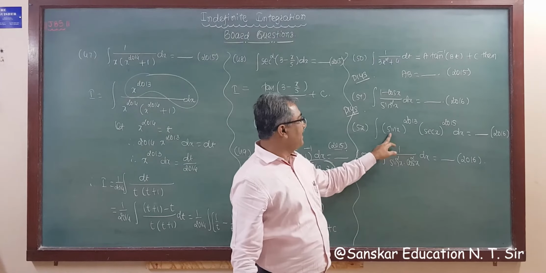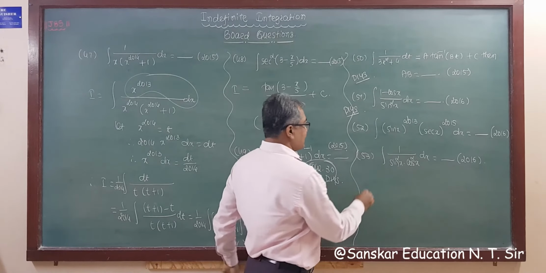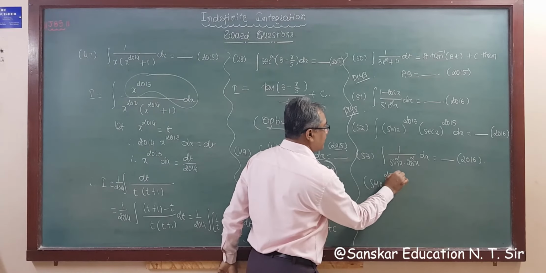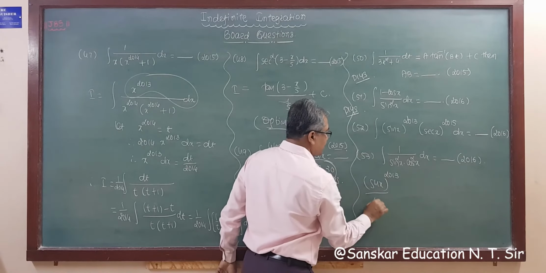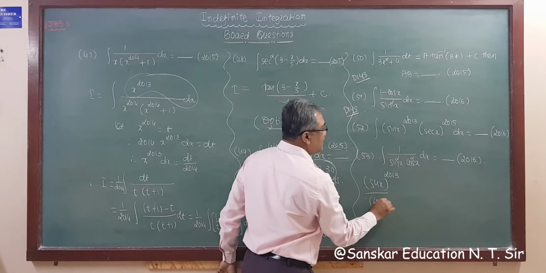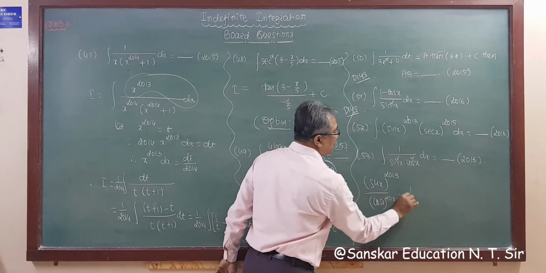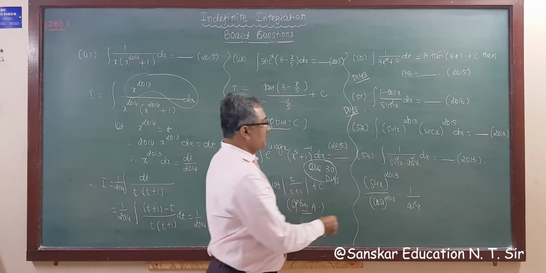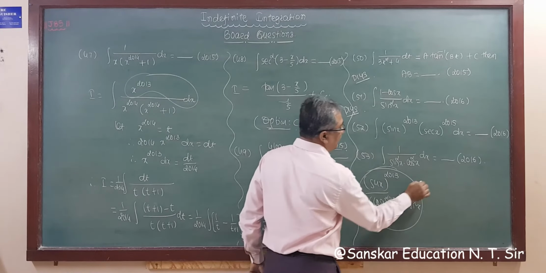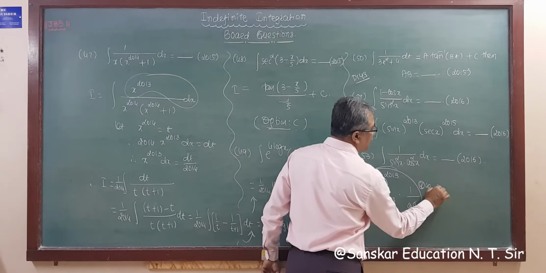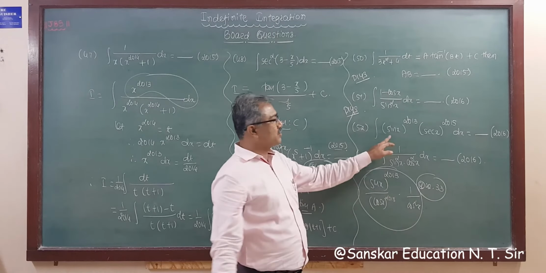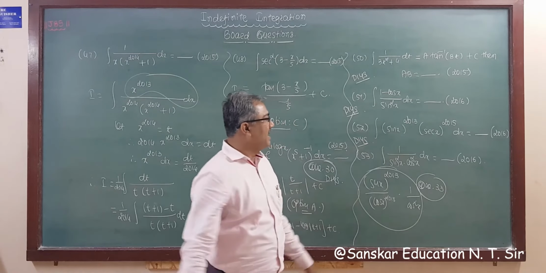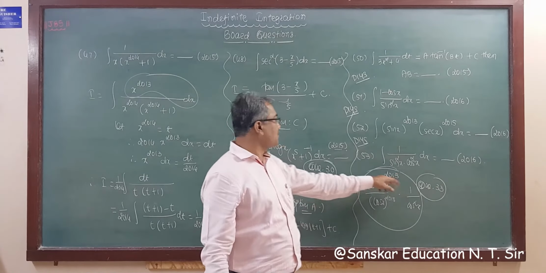Now we did this type of question like this: sin x raised to 2013 upon cos raised to 2013, that is, 2013 into 1 upon cos square x. That is question number 33. So this question is the same as question number 33, so you can solve this. Do it yourself. Also this one you have to do. And this is sin square plus cos square.